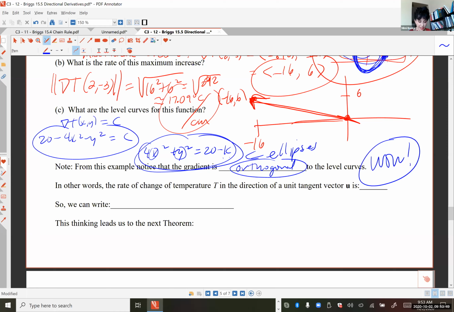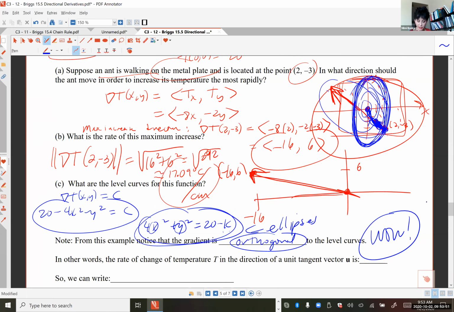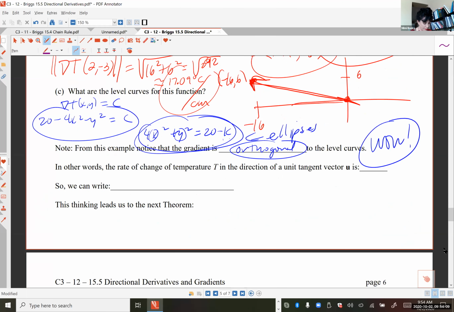So what does that mean? If you did have some vector valued function describing that curve, and you guys know how to parameterize, we could do that, and you looked at the tangent vector to the curve right there, call it r prime. I claim that r prime would be orthogonal to your gradient. So if you had a tangent vector, I'm calling it r prime, but they're calling it u,